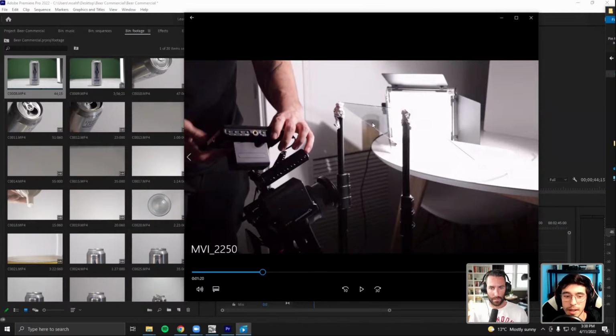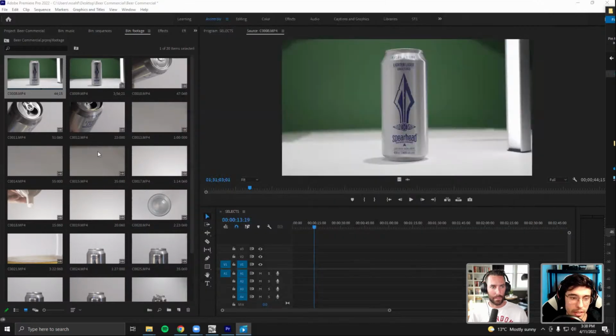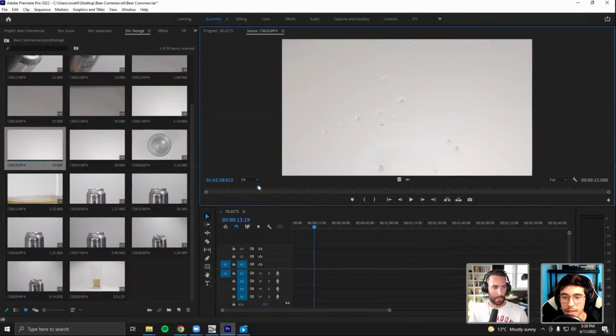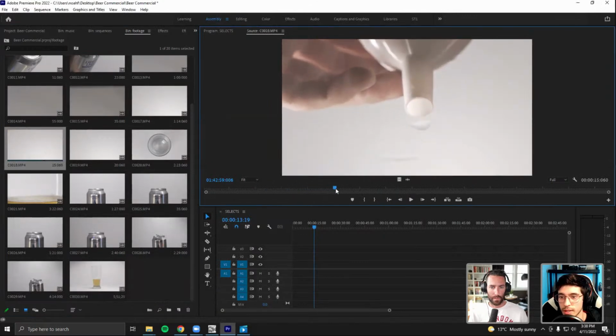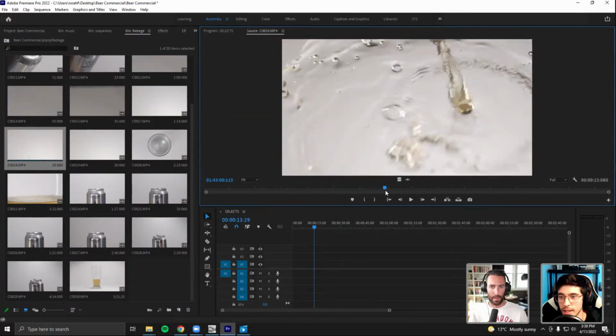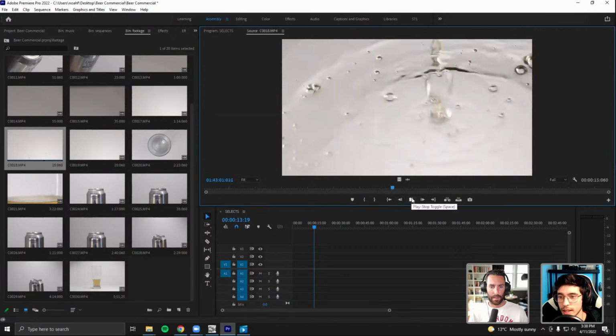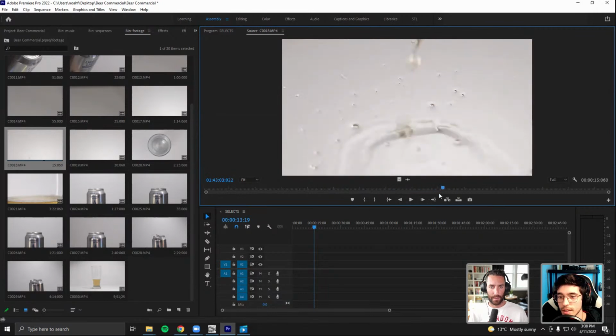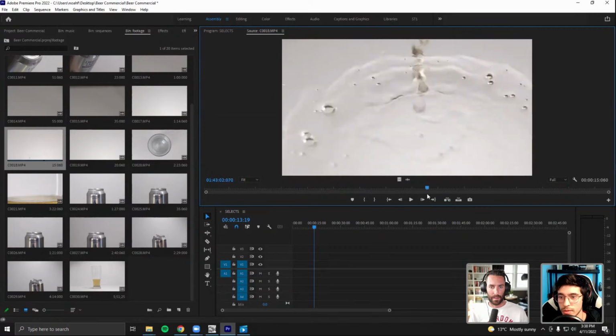And this setup I have here is basically two light stands with some tinfoil and putty, just holding up a sheet of glass with the camera pointing at the glass. I'll show you the shot that I actually got. It's this shot right here. I was using a funnel to pour it onto the glass, and right now this is 120 frames per second.